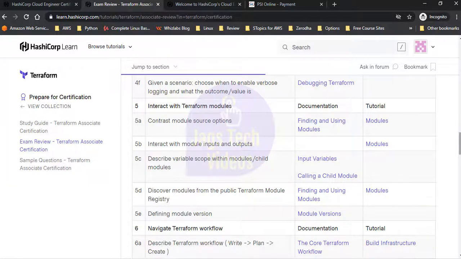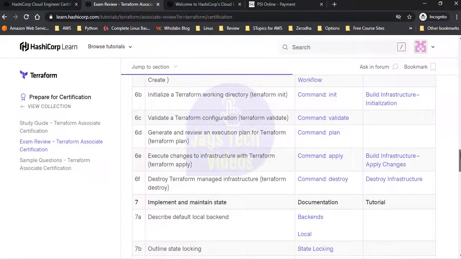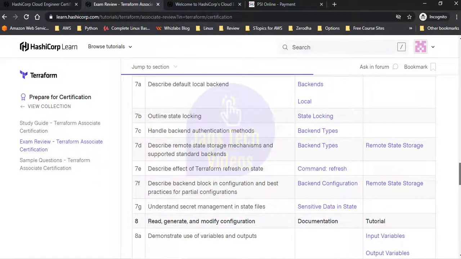And I have seen a few people, experienced or not, reviewing these exam guides and straight away taking the examination and failing. The point I'm trying to make is, even if you are experienced, you would not have faced all these situations and scenarios covered in the exam with respect to state files, how to import a resource, or Terraform Cloud and Terraform Enterprise. There are questions covered on Terraform Cloud and Terraform Enterprise as well. I don't think so, in most places we are using only Terraform open source.